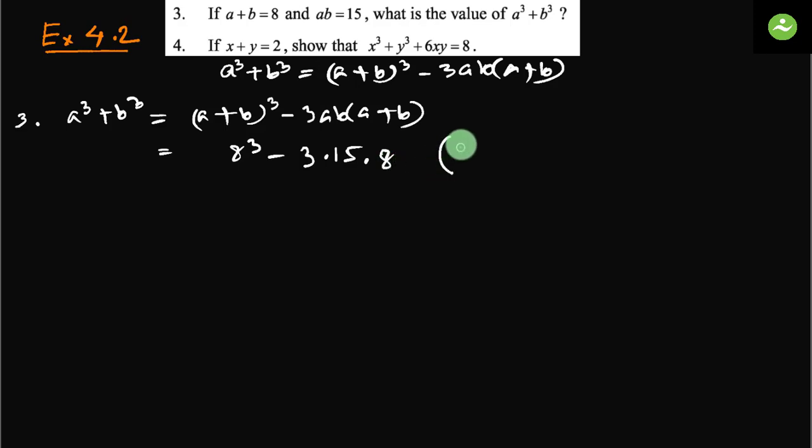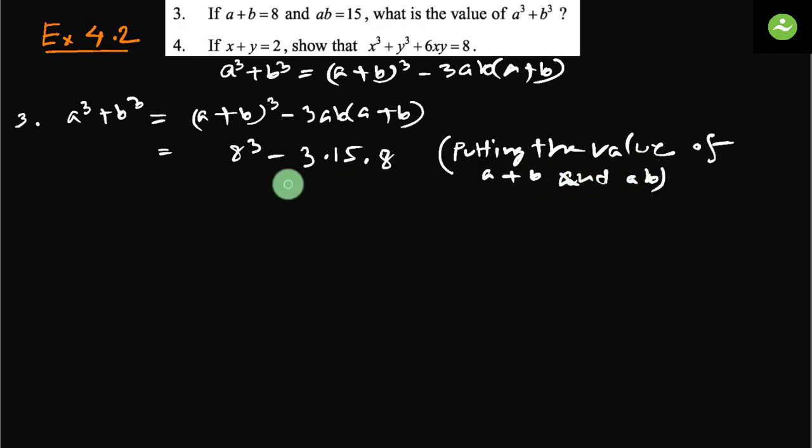Let us write that, putting the value of a plus b and ab equals 8 into 8 into 8. This is 512 minus 360, 3 into 15 into 8 equals 360, equals